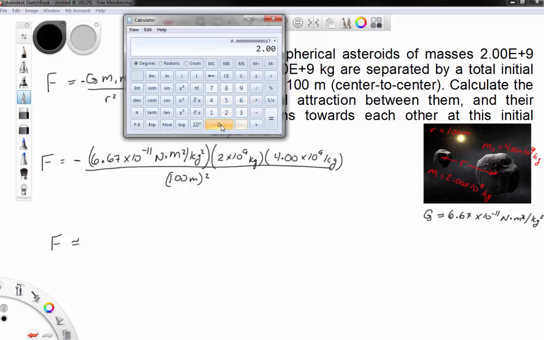Now we need the second number, 2.00 times 10 to the 9th. So we hit 9 and then 10 to the x. So now we're going times 10 to the 9. And now that is going to be times 4.00, and that's times another 10 to the 9. So this number, now we've got to divide that by 100 meters squared. So 100 meters squared. And that gives us